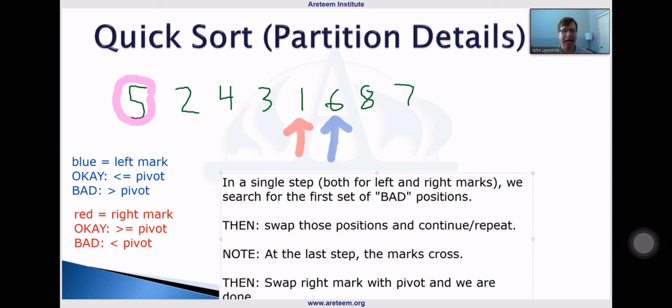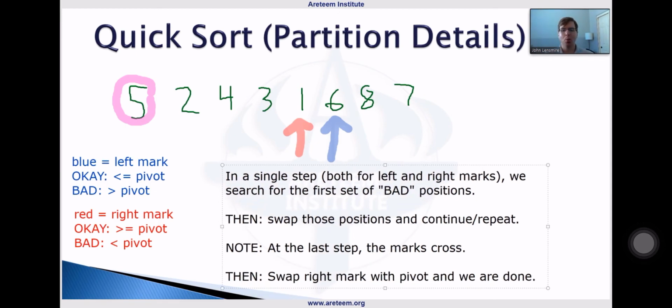So this is our kind of last step in this case. So once they cross, notice here, 6, 8, 7 are now all bigger than 5, right? 2, 4, 3, 1 are all less than 5. So as our final swap, we can say, okay, we take our pivot value, right? It's no longer special there at the beginning, but now we have our 5 in the middle, and then it's